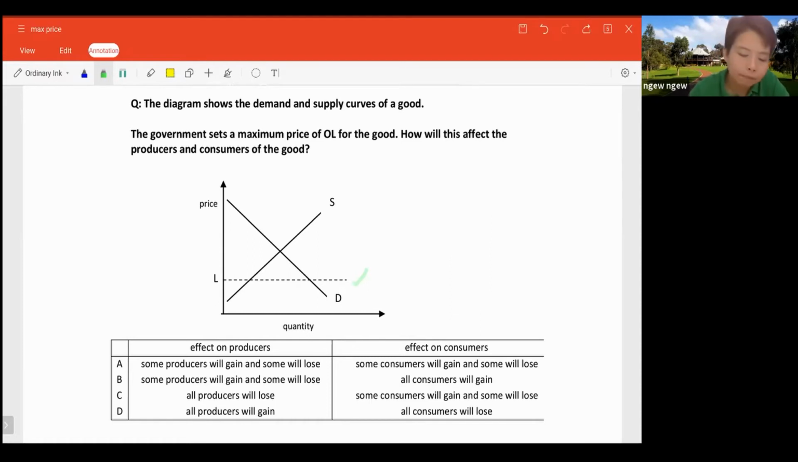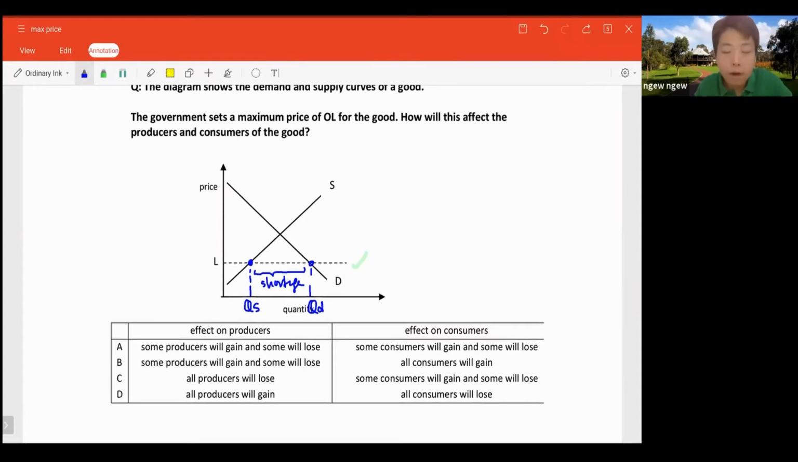And guys, if it is effective, as mentioned, each time when you do any multiple choice question, label everything that you know. Okay, so L1. When it touches your supply curve, this is your QS. When it touches your demand curve, this is your QD. This part indicates shortage, all right? And they ask you, how will this affect, okay? So, effect on producers. Now, all producers will lose